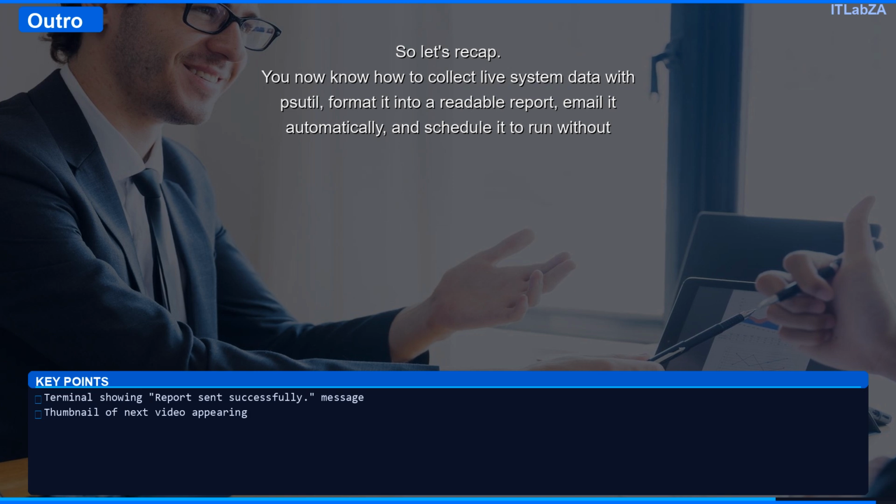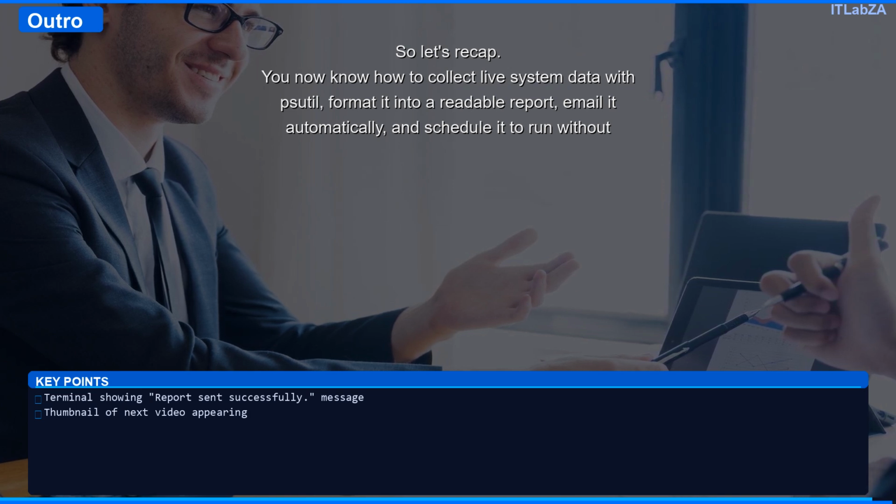Step 2. Build the report. Now write a function called build_report. This turns